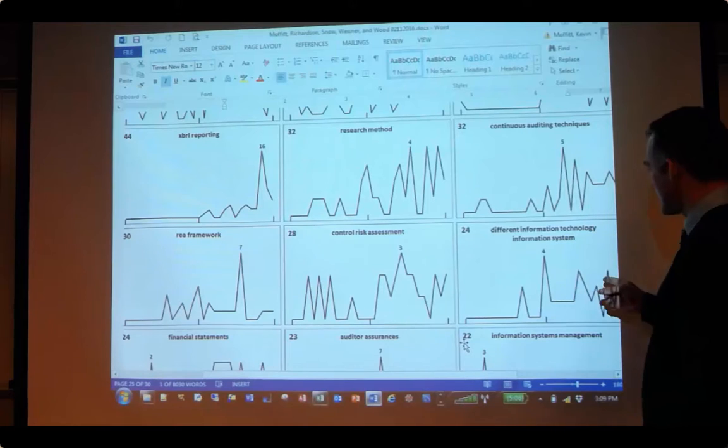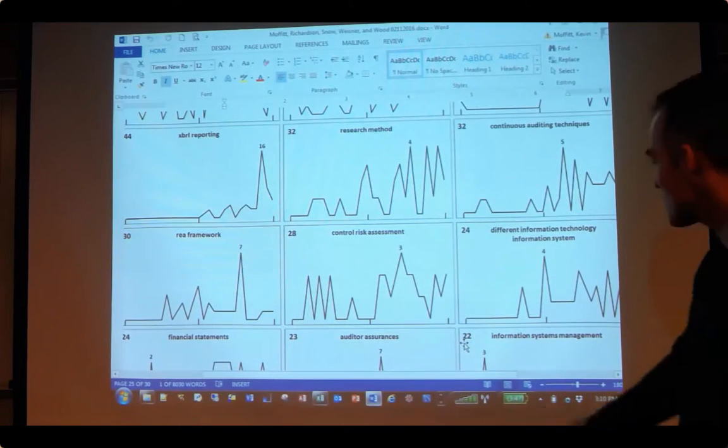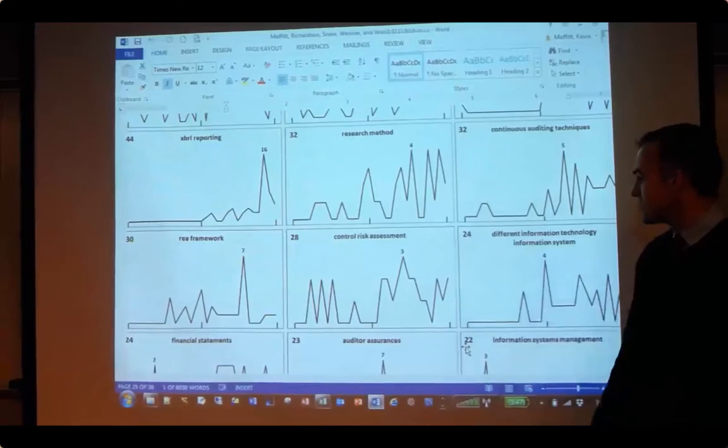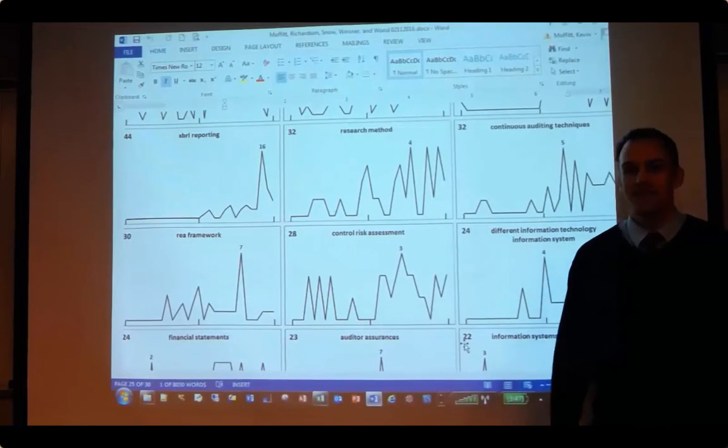Control risk assessment. Now, your AIS, what area do you do research in? Right now, I do the visualization. That's not on there. What about you? Continuous internal control. Internal control? Yeah, that was up there, right? Yeah, high. Control risk assessment. Really? Well, there it is. And it's going back up. But the high is only 3, so maybe you can make it go higher.